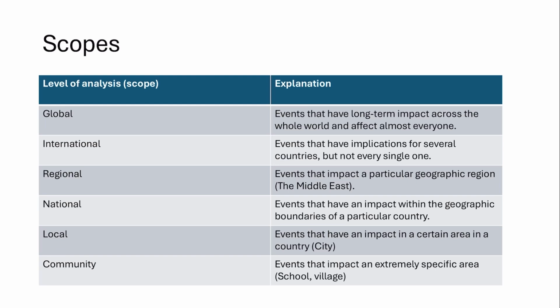The next one is national, so events that have an impact within the geographic boundaries of a particular country. So this could be, for example, an economic crisis, as that would affect the entire country. The next one is local, so events that have an impact in a certain area in a country, so for example, in a specific city. And then the next one is community. So events that impact an extremely specific area, so for example, a school or a village or a street. And these scopes help us categorize political issues and conflict